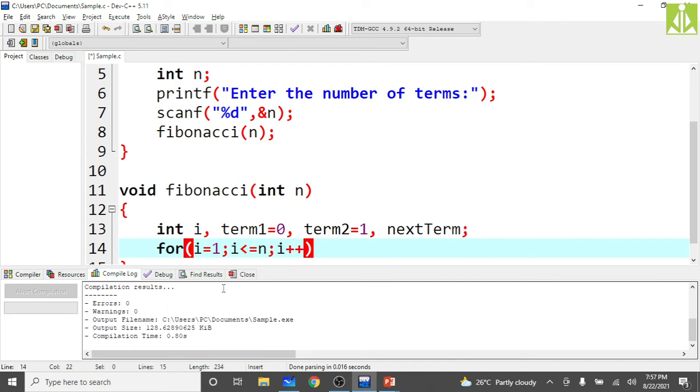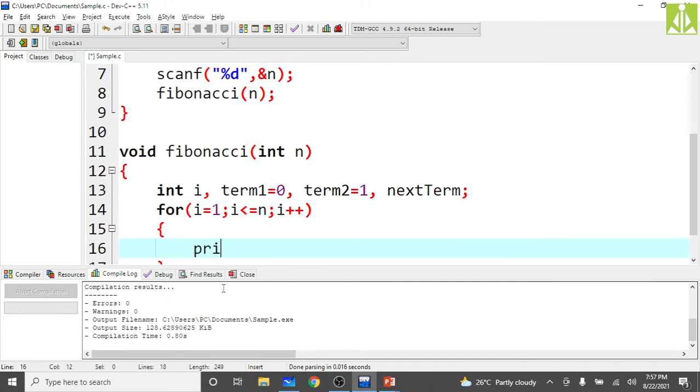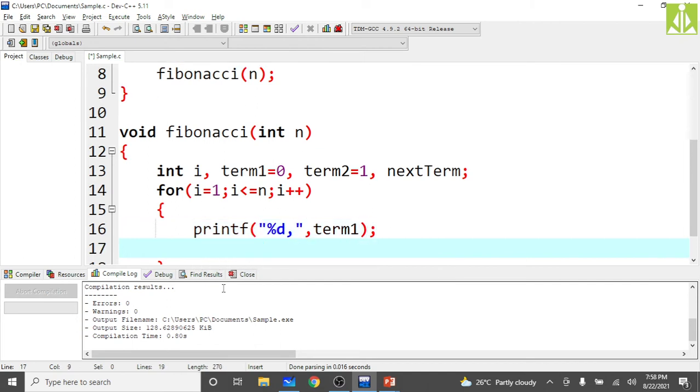Next, printf percent d, and take a comma because we need commas in between the numbers, or you can even take spaces over there. Then print term 1. Every time we print term 1 only, but how we calculate the next term is important.